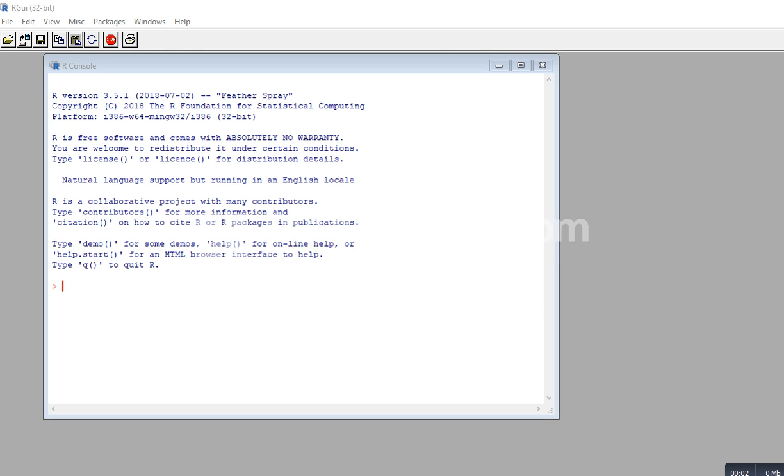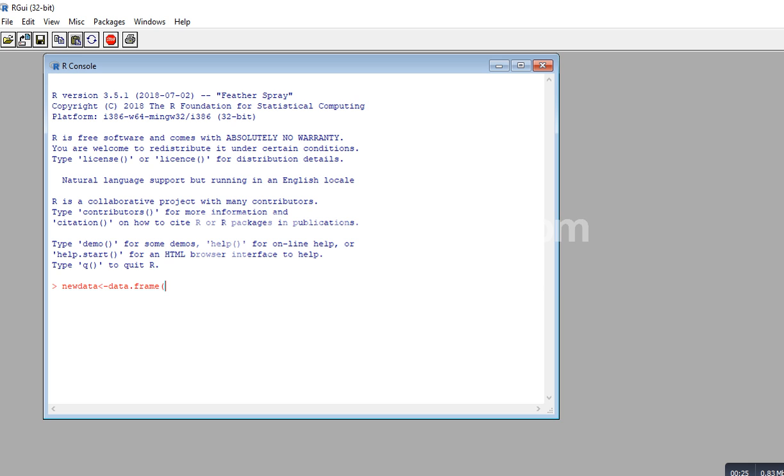Okay, in this video I'm going to demonstrate how to rename variables that are contained within a data frame. First, let's create a data frame. I'm going to call it new data, so I'm going to type in the name new data followed by an arrow pointing to it, and then I'm going to use the data.frame function in order to create the frame containing